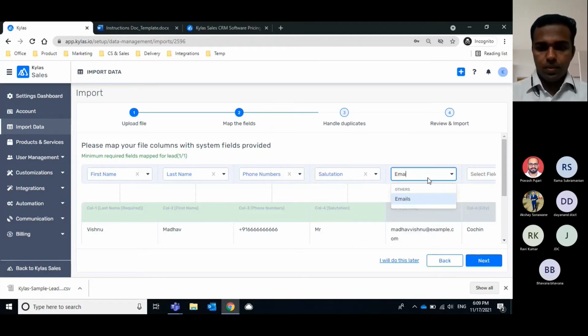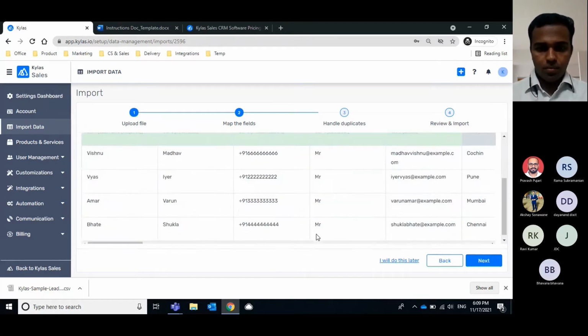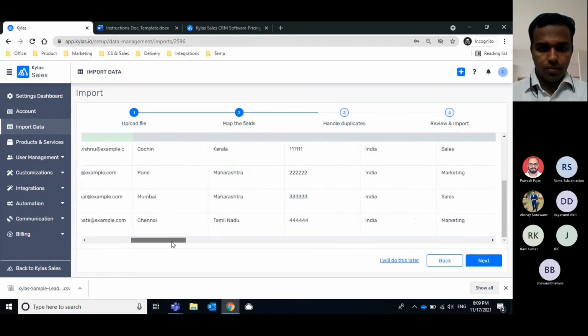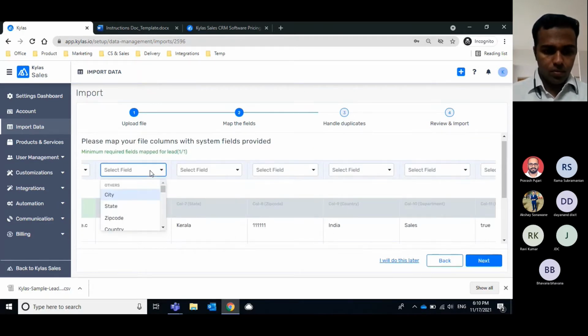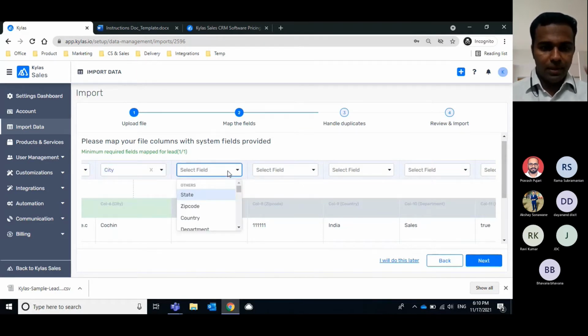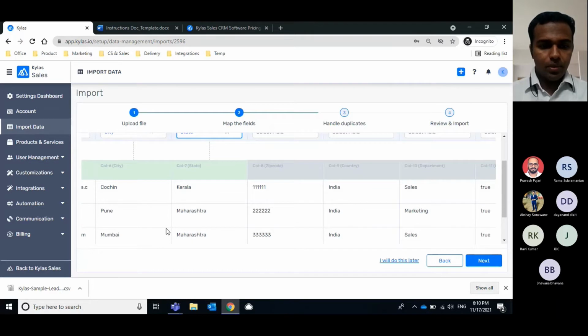For demo purposes, I won't map every field in the file. I will just map a standard set of fields and continue with the import.